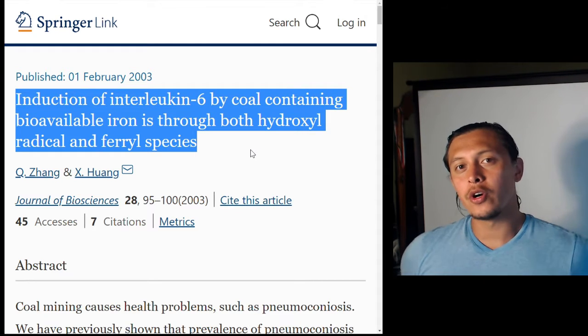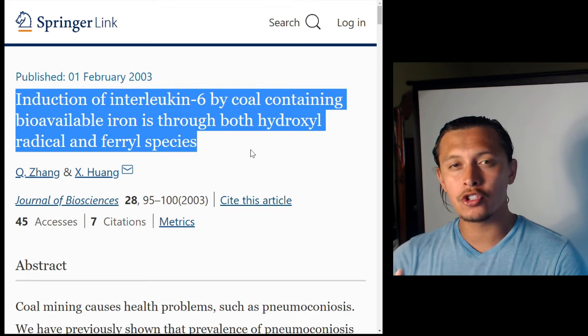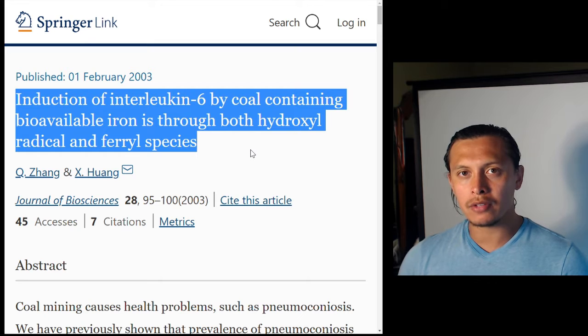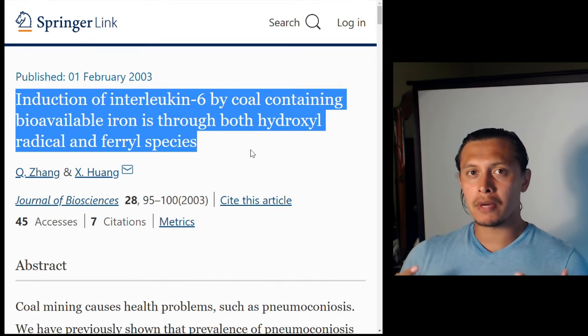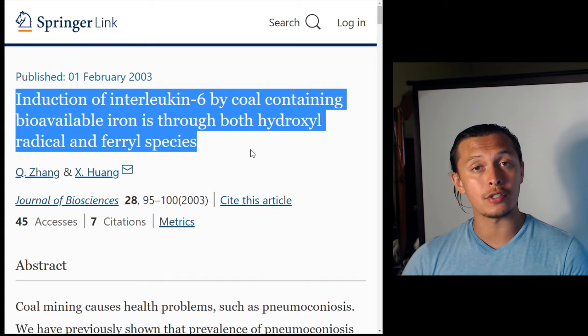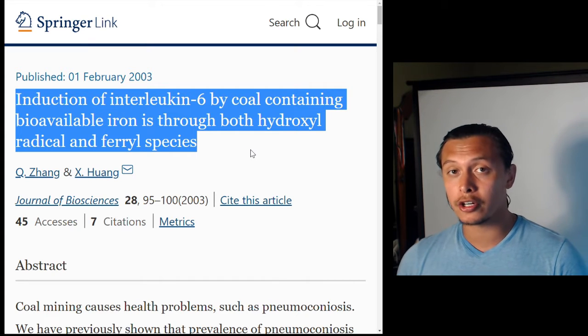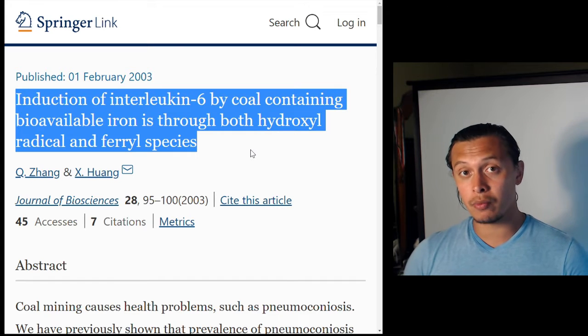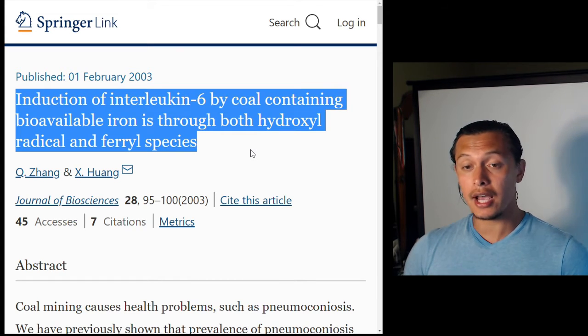Okay, so this is going to be a hodgepodge of different papers that I have looked over, and I don't really have a good outline for what I'm going to talk about, but my general thesis is that I believe that iron dysregulation is playing an extremely large role in these pro-coagulatory effects that we are seeing in COVID-19 patients today.